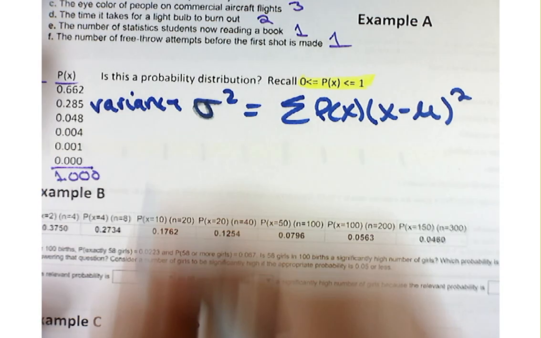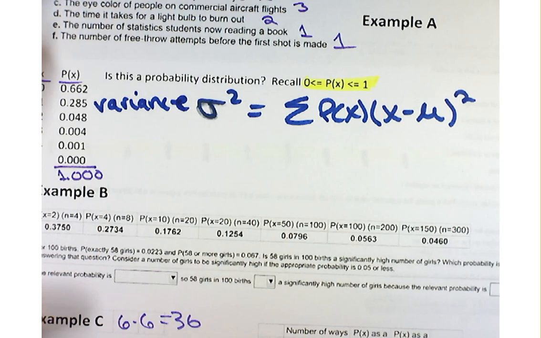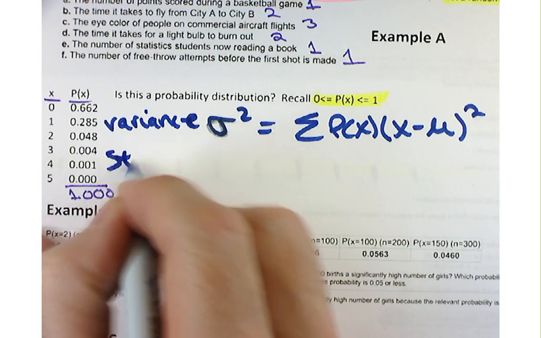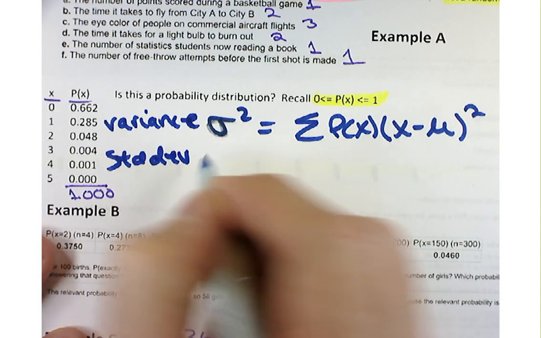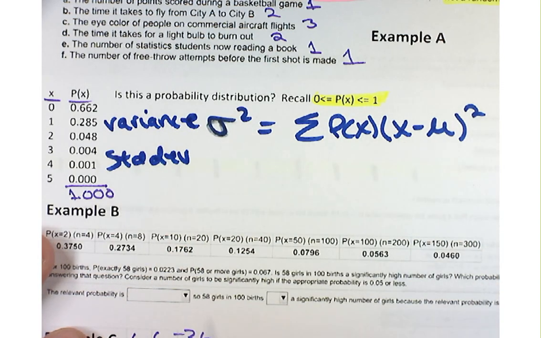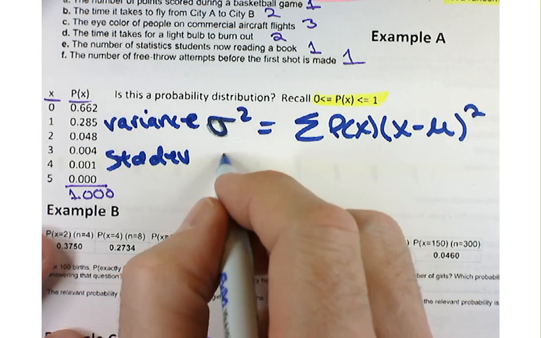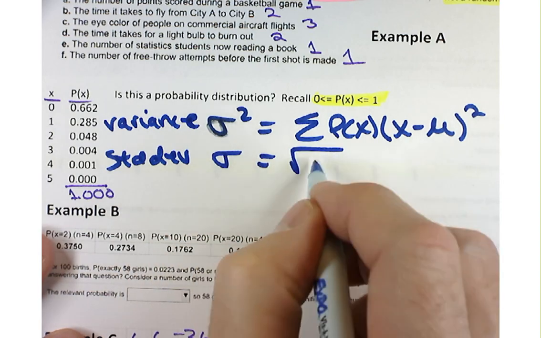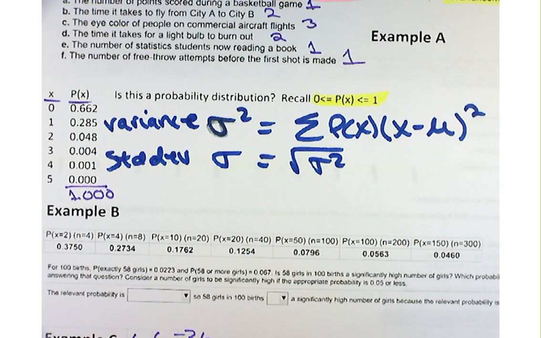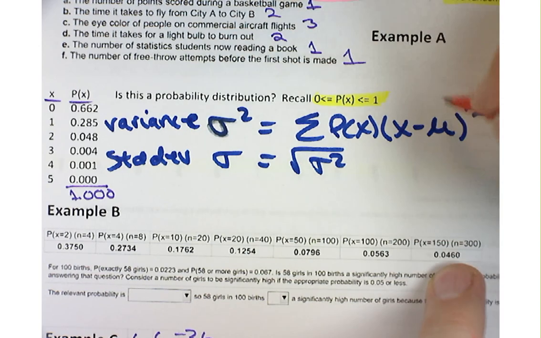But we don't use variance too much. It does have some uses that we will take advantage of later on, but a lot of times we use a standard deviation. How do I get from one to the other? I'm going to take the square root of that, and that's going to give me the standard deviation. And here, mu is your mean.